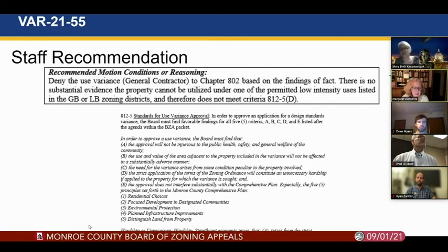And given the fact that I feel that, no offense, Jeff, but having a historical property right next door is kind of a difficulty or an unnecessary hardship on an aspiring business, because of course you're trying to protect that historical character that you fought so hard to secure. And so I think that I'd like to recommend that in the matter of VAR-21-55 at 1246 and 1295 West Old Capitol Pike, that we approve the use variance, because